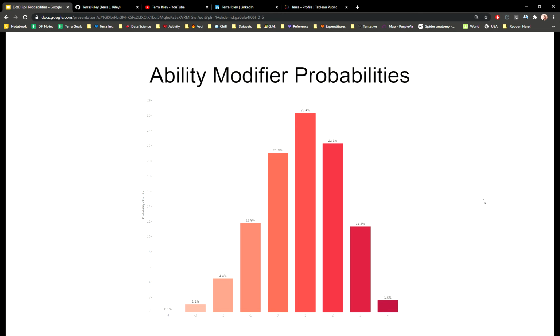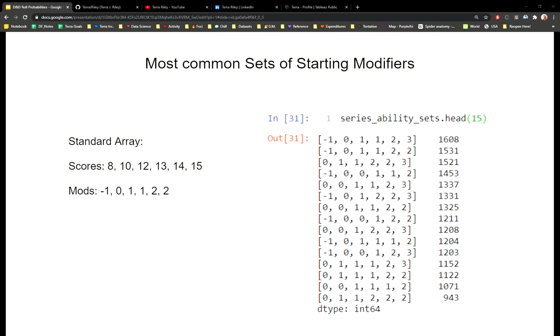But this can be kind of hard to conceptualize, so I did that thing I did with the other video and ran over at least 100,000 loops of Python and came up with what these arrays actually shake out to. Compared to the standard array, which is 8, 10, 12, 13, 14, 15, and modifiers of -1, 0, 1, 1, 2, 2, we can see here